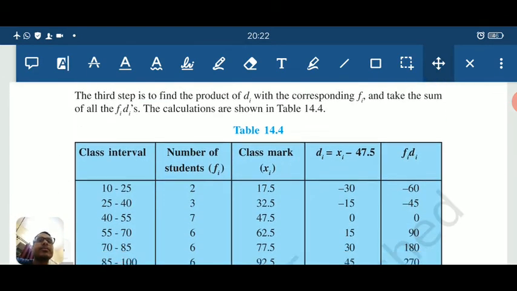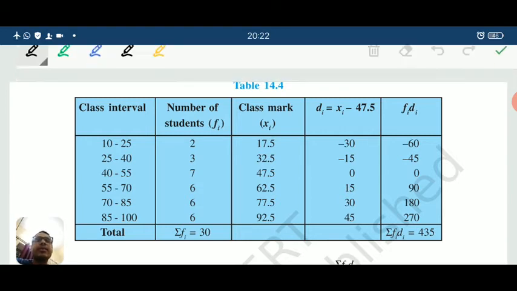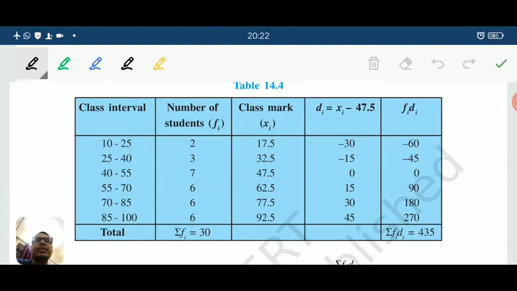Look at the given table here. The class intervals are given already. We are taking the same example so that things become easier to connect. What are the differences between all these methods by taking the same table? The class intervals remain as they are, and the number of students, that is the frequencies, remain as they are. We have to find the class mark, which is quite easy. Now the assumed mean is taken like this, xi minus 47.5. The 47.5 was taken from the mid part here. So if you see here, the first number is 17.5.